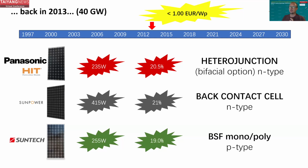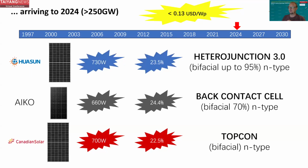So now we go to a big jump from 40 gigawatt total market to 2024 with much more than 250 gigawatt total market and prices clearly below 13 cents for every technology, maybe not back contact cell, but all the other ones. Now we are jumping over monoPERC that came and went, and TOPCon is now the standard. And you can buy today 700 watt modules of the highest power,